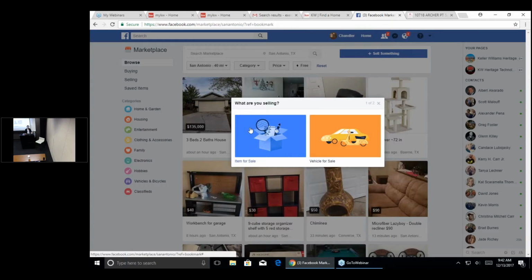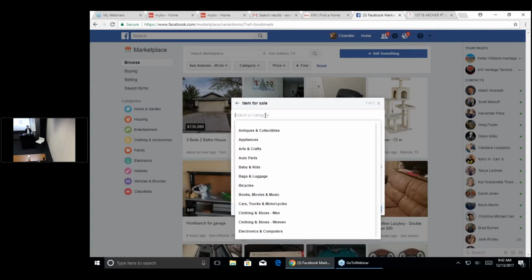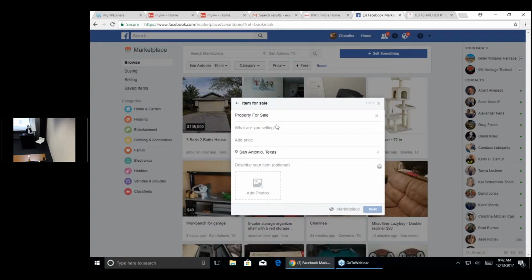and item for sale, vehicle for sale, so you'll do item. And you can select the category, and I'm pretty sure it's property for sale. Yeah. So it says property for sale, and then you can say, beautiful listing in Helotes, Texas. However, you're going to do that. And then sometimes you'll actually see who's interested in the house if you don't put the price. Or if you leave off a specific detail, like maybe you don't put the address. And so then they have to reach out to you to see where exactly it is. Or you don't put the price, so then they have to reach out to you to,